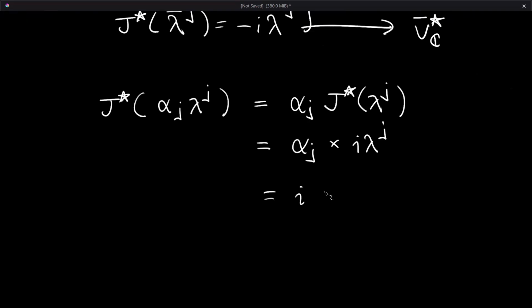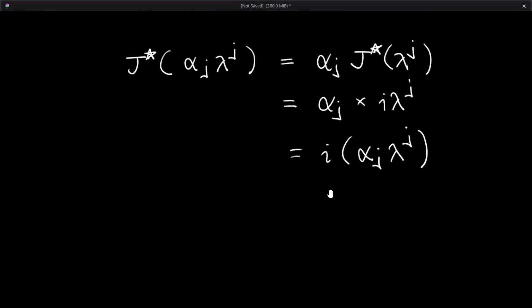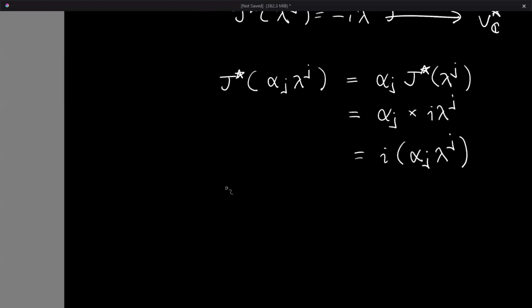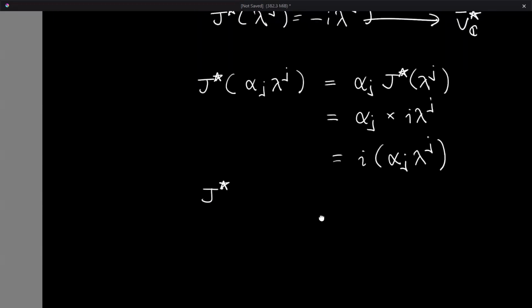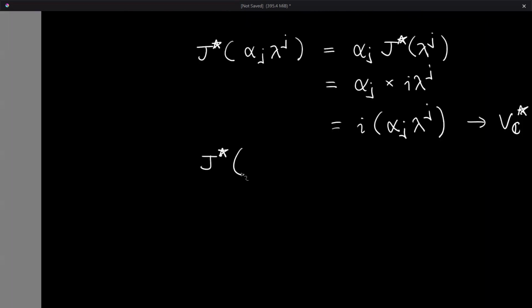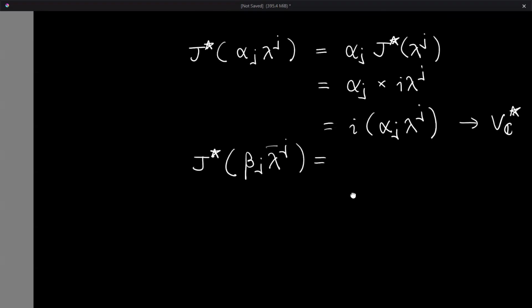which is equal to alpha j times I lambda j. But then the I can just come out, and we can transfer it onto the entire vector. So as long as it's true for the basis vectors, it's true for any arbitrary linear combination of the basis vectors. And the same thing holds for the other subspace. This is for VC star, and if we do the same thing for VC star bar, this will be equal to